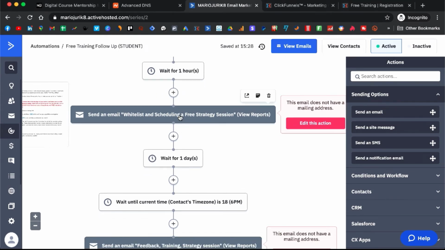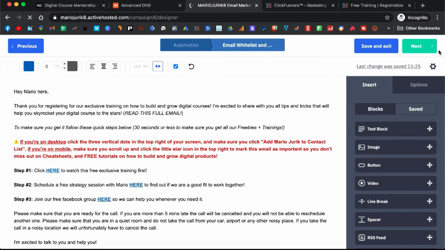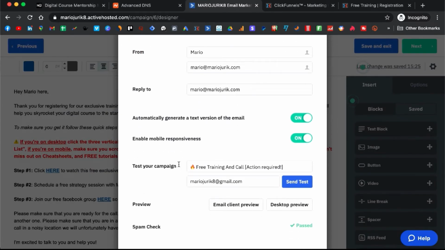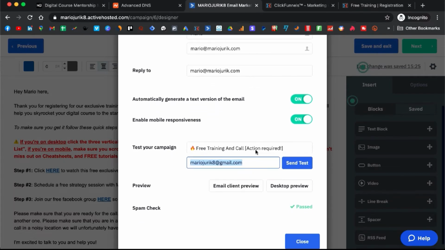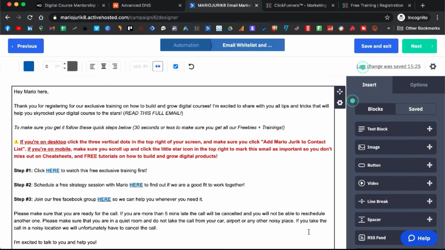And another thing you can do is send a test email right from ActiveCampaign here. Test your campaign, so you can put some email of yours and send a test email and check if your links are working, if you put them correctly in there and everything. Okay,